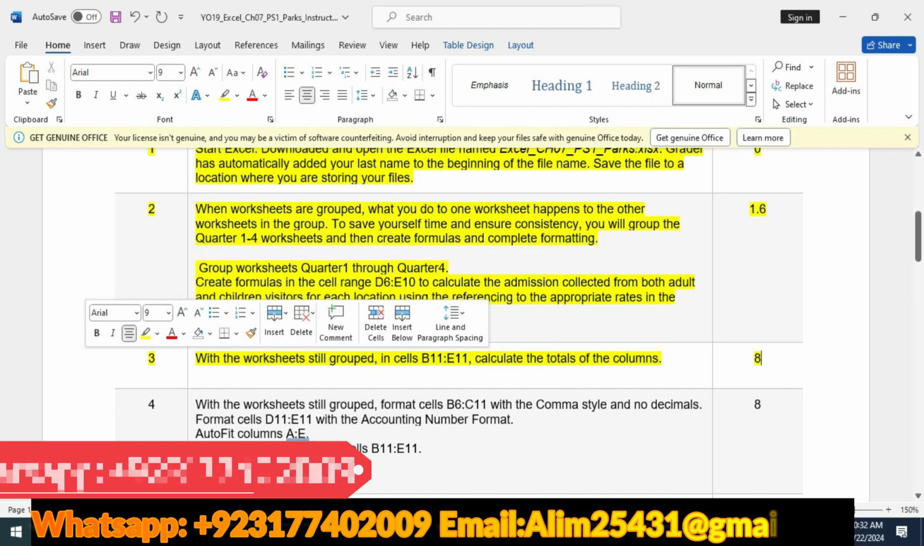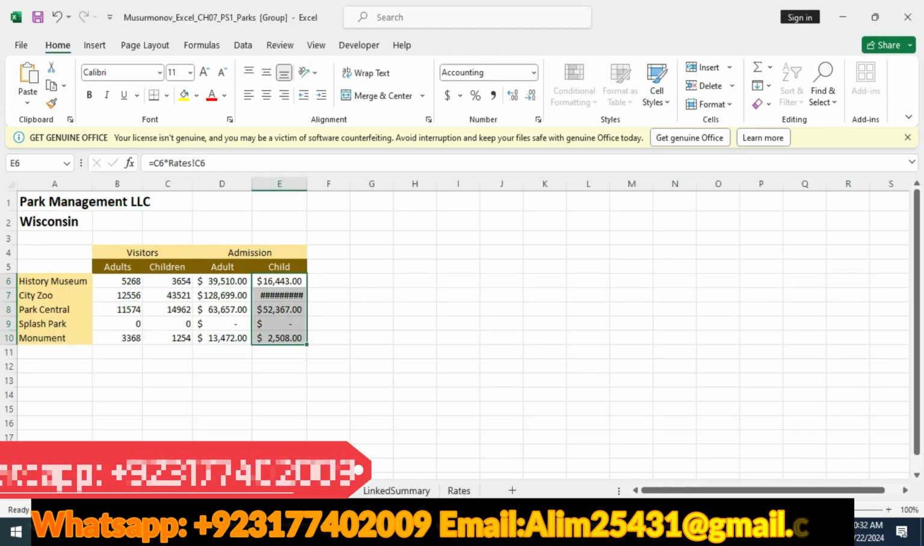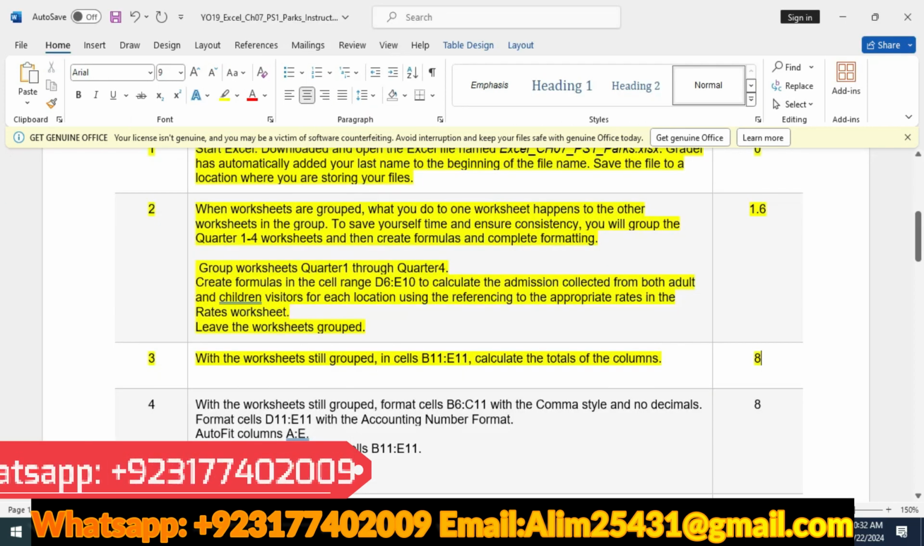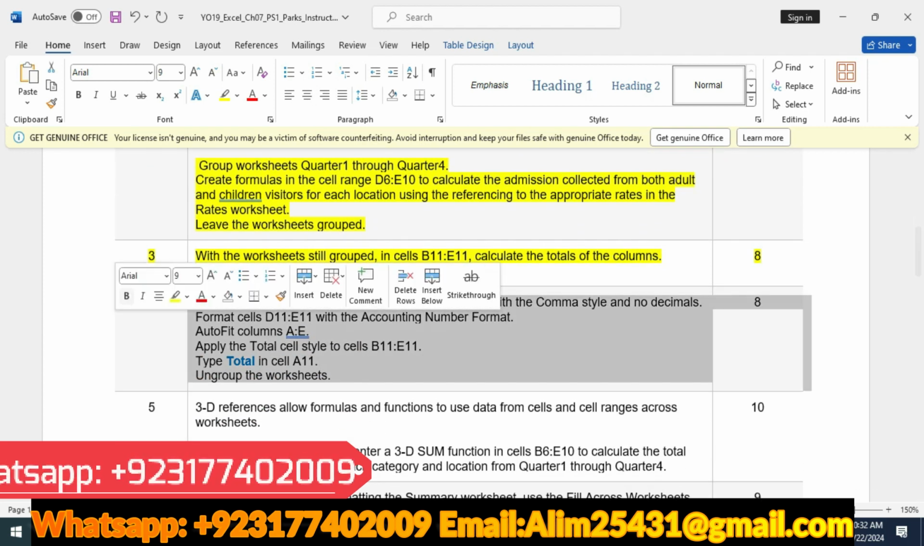With the worksheets still grouped, in the cells B11 to E11 calculate the total in the column. So we will go to B11 to E11. That's our cell B11 to E11. We need to put the total here. So we have got the results in total. We have got some formula in this row. That's our third step. Our fourth step is